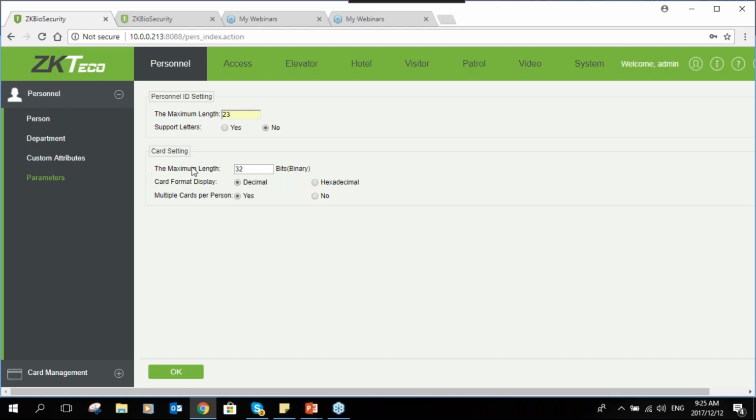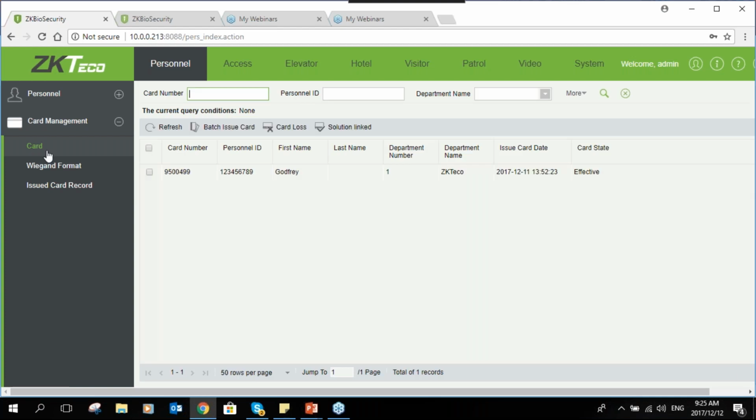And then here we have the maximum card length, and then the card format, and then the multi-person card. You can activate and deactivate this option under this parameter option. And then we can go to card management. On the card management, if you click on card, basically here it shows you all the users that have